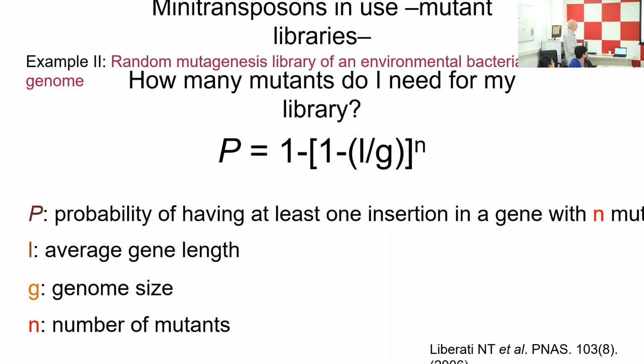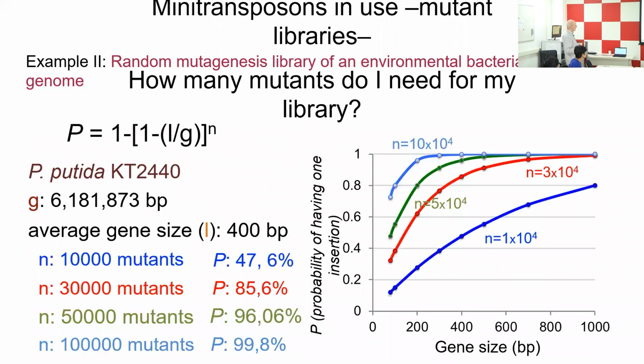So you can make a calculation, and it's not true that if you have 5,000 genes, you need 5,000 insertions, right? You need 10 times more to ensure that the whole genomic complement has been covered. So obviously the more insertions that you have, the more mutants that you get. In the case of Pseudomonas putida, for instance, you can make a calculation, and that goes that if you insert randomly